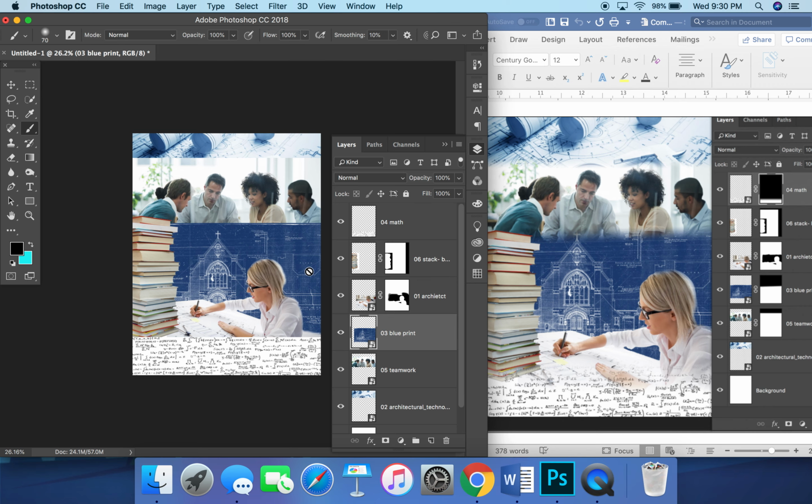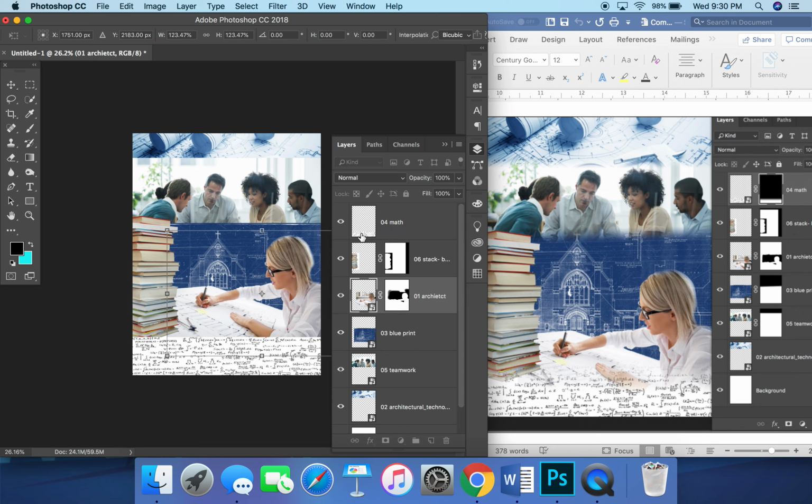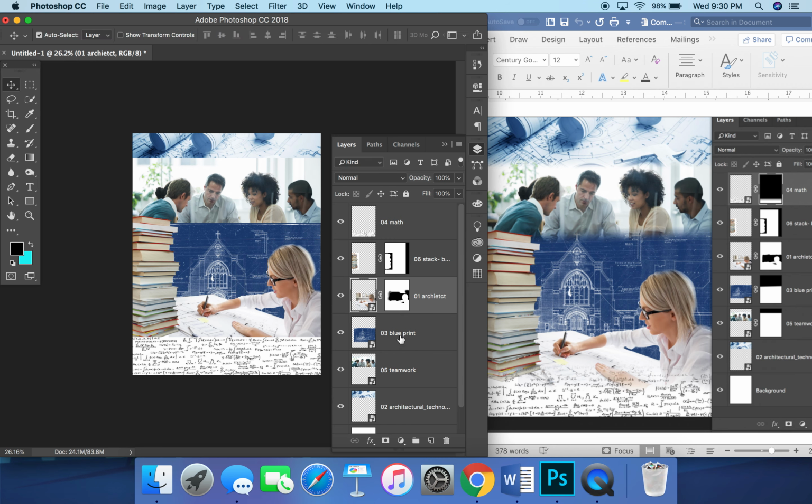And that should be just fine. And you know what? Let's even make her larger as well. We can hit Command T and click and drag. Bring her down a little lower. That's good. Now with blueprint selected, we're going to add a layer mask and we're going to use our gradient